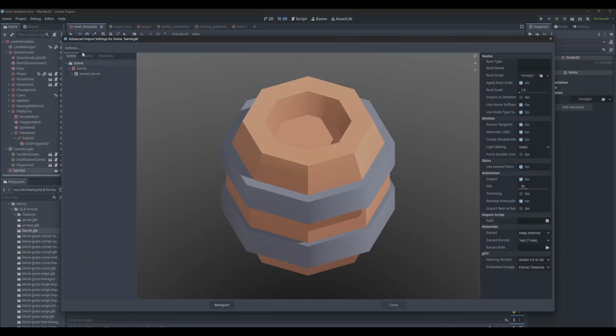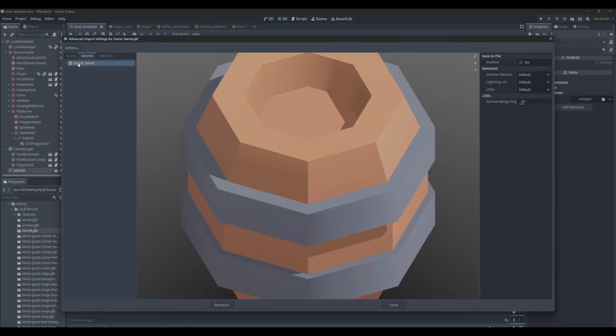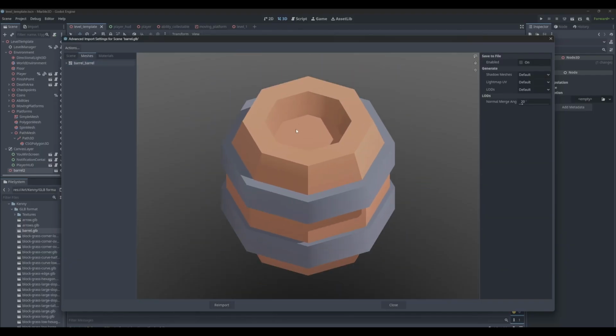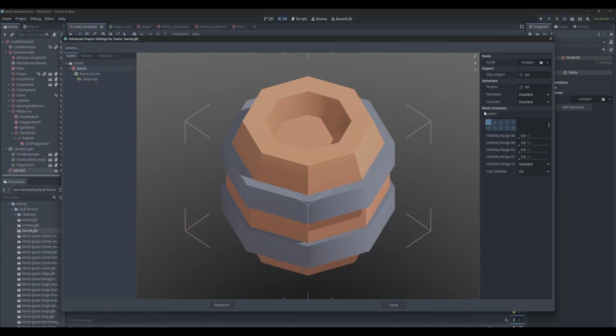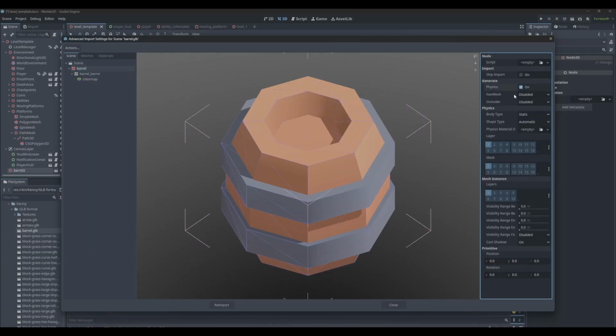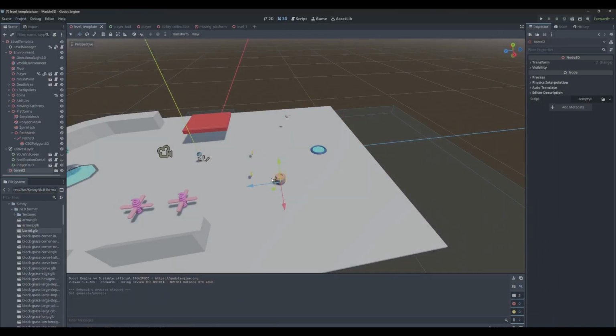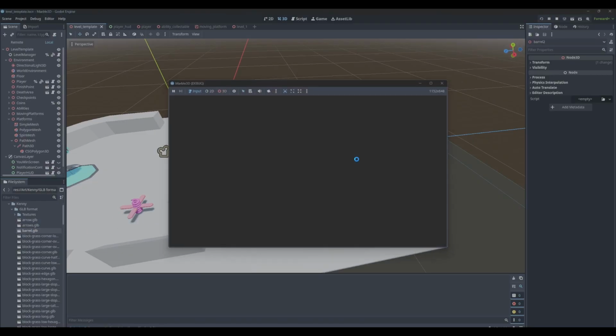So what we need to do is go to our meshes, barrel, and then actually go to our scene barrel right here, and then it'll say physics. We just do on for that. Make sure we re-import. I'm just going to delete this one just in case. And then we'll just re-drag it. And now if we try,